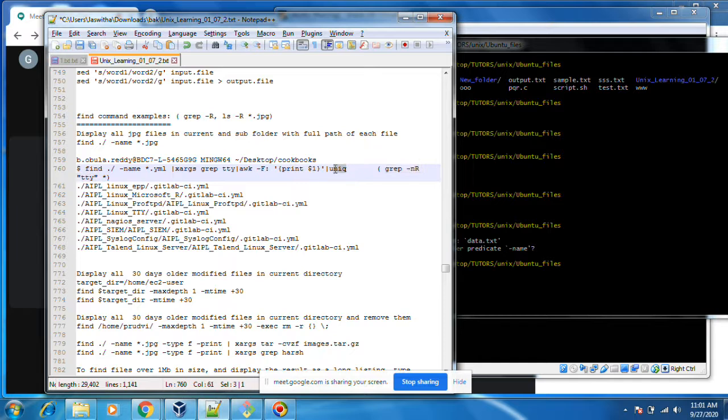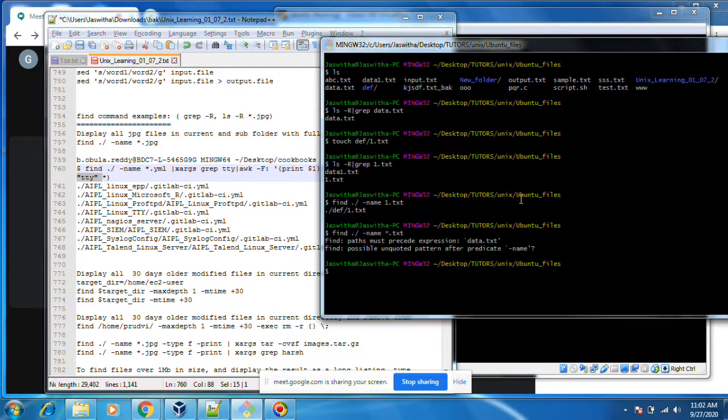The same kind of thing you can achieve using find and grep. But with grep -r, this field display will not work, whereas here it will display the entire line. find dot slash hyphen name.